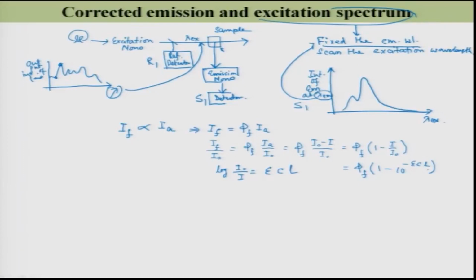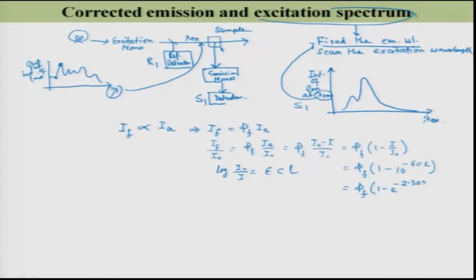I can write that. So, let me write it once again over here. Now, I will change from 10 to the power to e to the power. So, this can be written as phi f times 1 minus e to the power minus 2.303 epsilon CL. So, e to the power minus 2.303 epsilon CL, I can write it as 1 minus 2.303 epsilon CL,